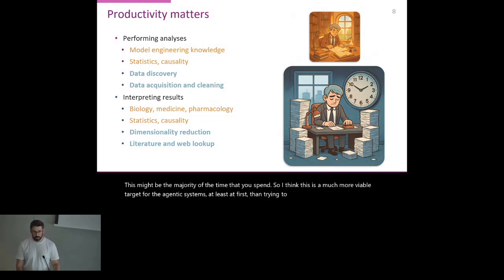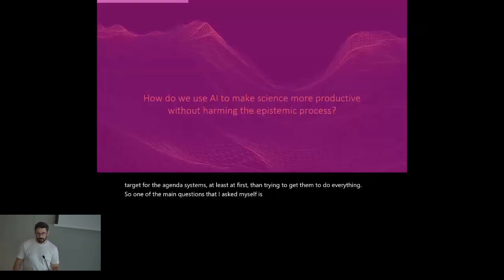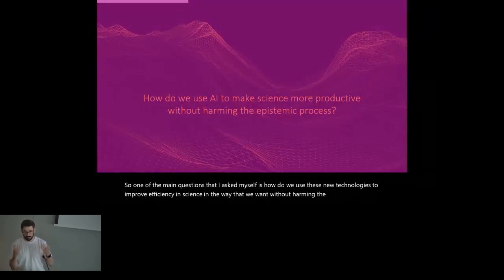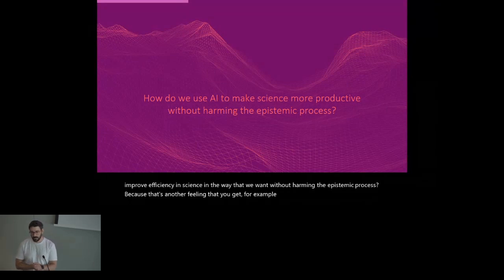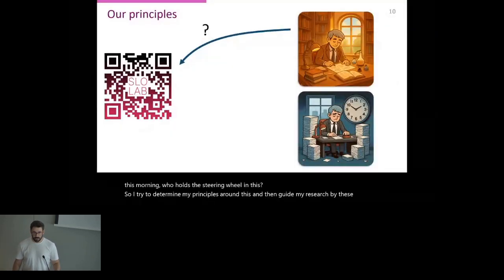So one of the main questions that I ask myself is, how do we use these new technologies to improve efficiency in science in the way that we want without harming the epistemic process? Because that's another feeling that you get, for example, by listening to the keynote by James this morning. Who holds the steering wheel in this? So I try to determine my principles around this and then guide my research by these principles, asking the scientists